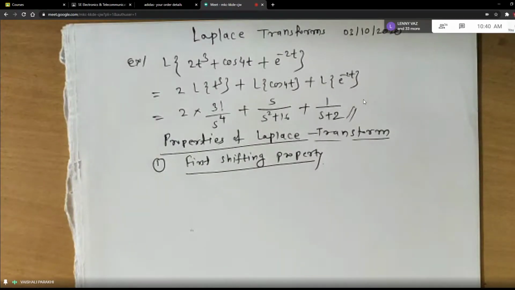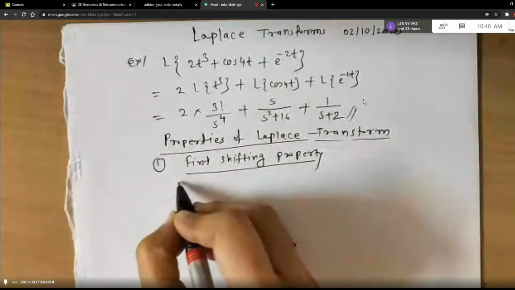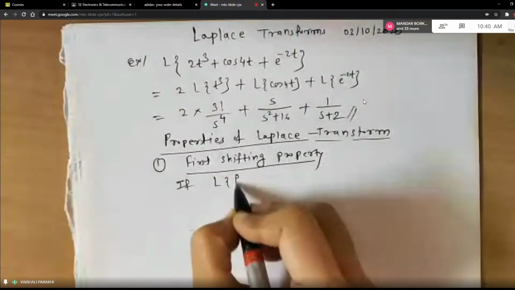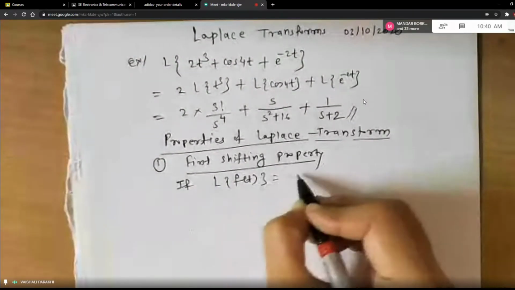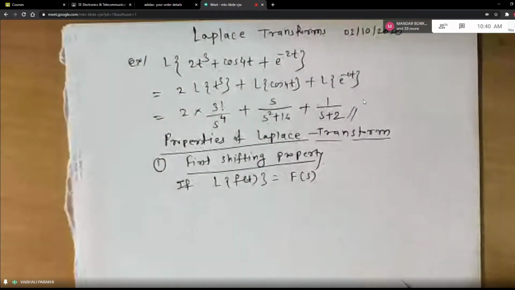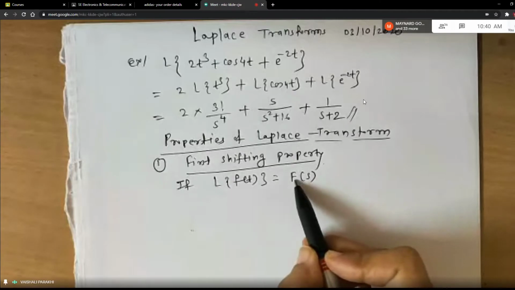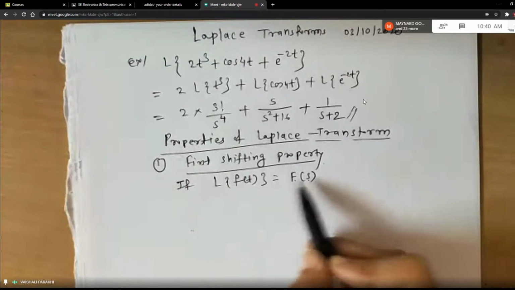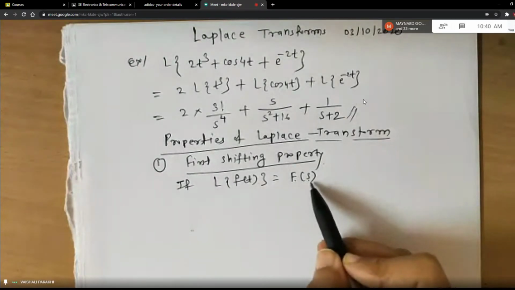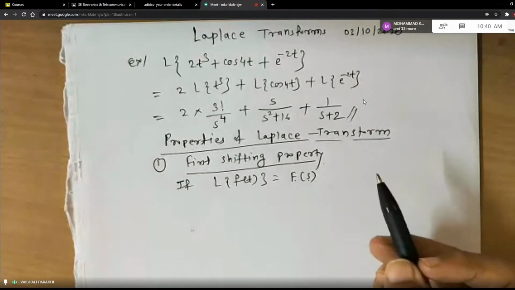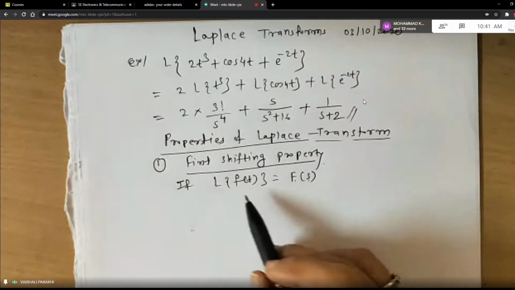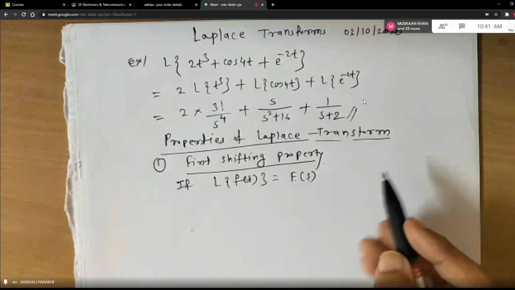Now see what this property says. If L of f of t is equal to F of s. Now see students, this is the notation for Laplace transform. Why it is called as F of s? Because the answer of Laplace will be in terms of s. It will be function of s, where s is a parameter. And therefore, we denote L of f of t by F of s. Then